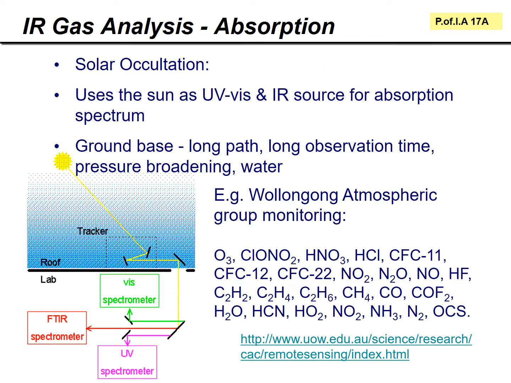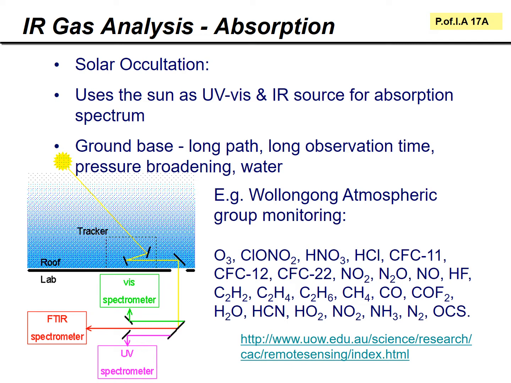Here's an approach which uses the entire atmosphere as the path length for doing gas analysis. It's called solar occultation, and yes, the word comes from the same origin as the occult. It means hidden or obscured, and hence the association of the occult being the hidden or dark or secret arts. In solar occultation, it's the sun that is obscured by whatever is in the path length between it and your observation point. So, for example,